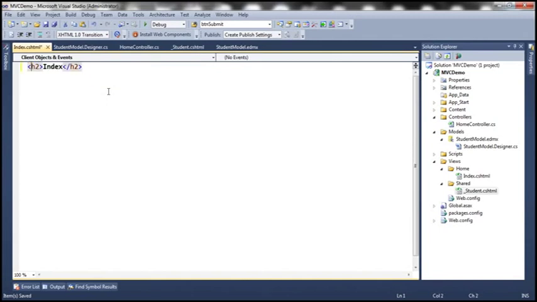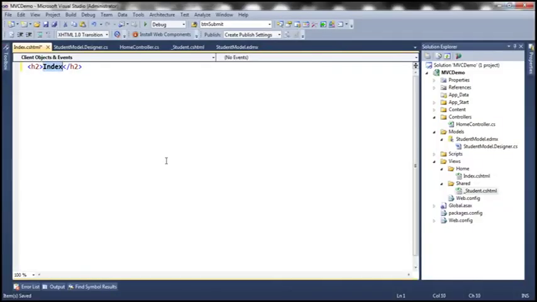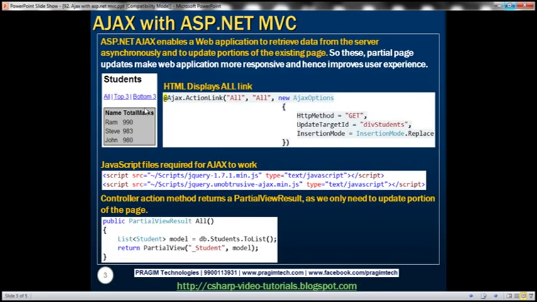So h2, what do we want to display? We want to display students. So h2 students, and then the first thing that we want is these three links. Okay, now we're going to use